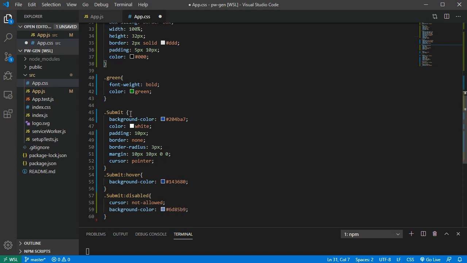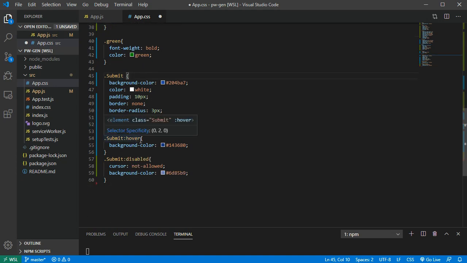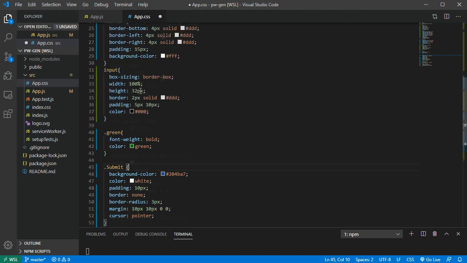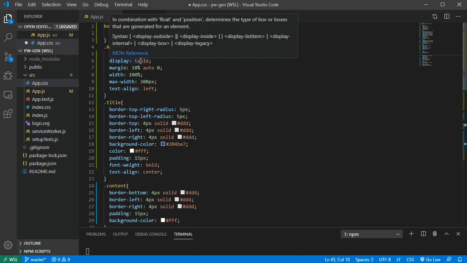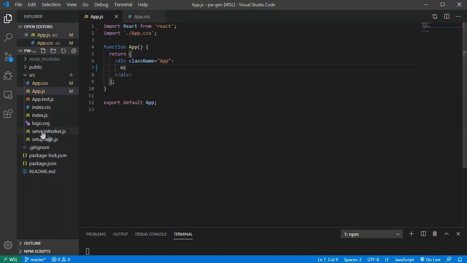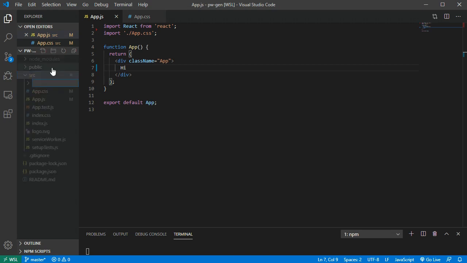And then there's a submit button. On hover, it's changing the color, background color, and then disabled, the styling for disabled button. So you can find it in the description. You can copy it from there and paste it here, and then starting from now we will be typing all the source code. So save it, and in our source folder I will create a new folder which is gonna be components,